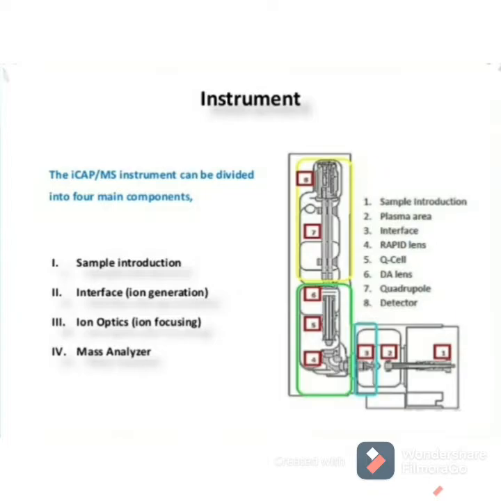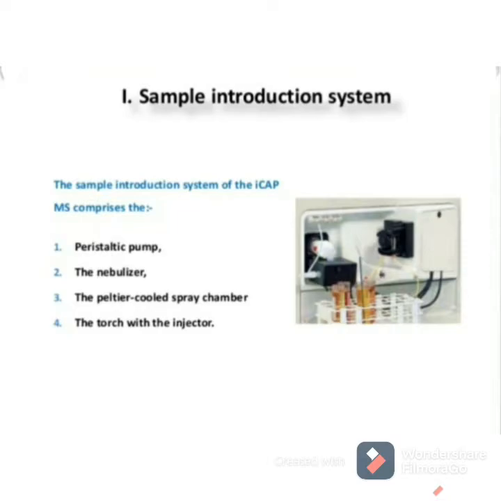First thing you should always remember: when you are going for ICP-MS analysis, always use plastic volumetric test tubes, plastics only, because we cannot use glassware. Glass is avoided because it is a source of contamination, and glass also contains metals. That is the reason we cannot use it in ICP-MS analysis. We always use only plastic in ICP-MS.